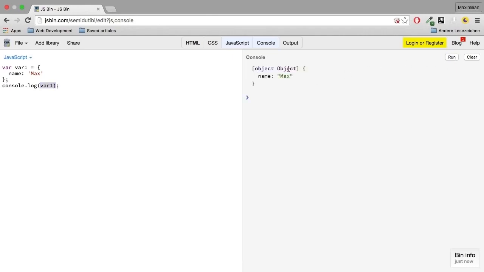Well, I see object, and then the actual object. So I see the object I just created. But the cool thing about objects is I can also access this name directly by typing dot and then name, the name of this field, which happens to be name here. If I now click run, we see max, so it is a string. So now I'm accessing a variable, even though you would call it a property or field, inside my object